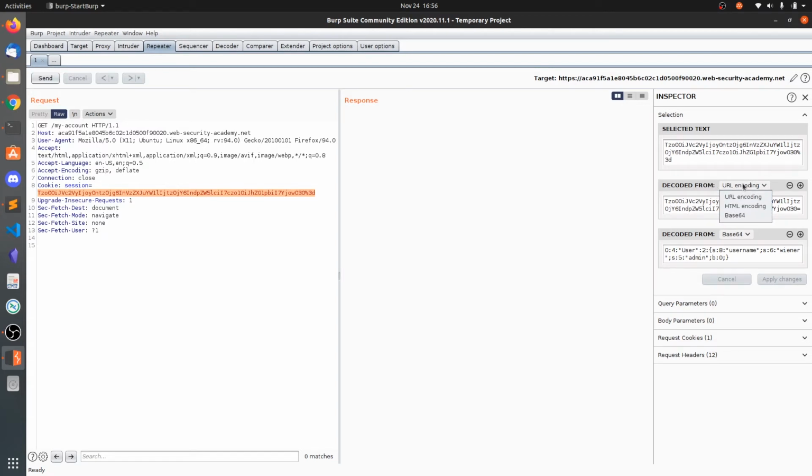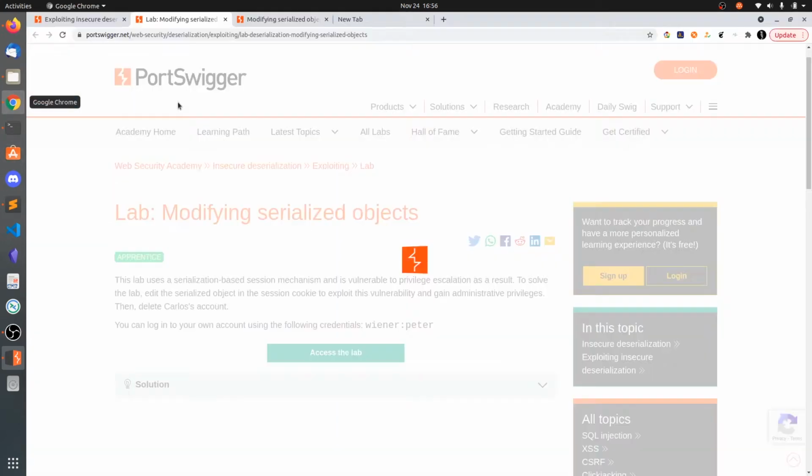So you can also specify HTML or base64. By default it will identify as URL encoding, because first it will be URL encoded, sorry, the last encoding will be URL. So that's why it will be decoded from URL encoding first, and then it will be converted from base64. So you can also view the contents here, but for our